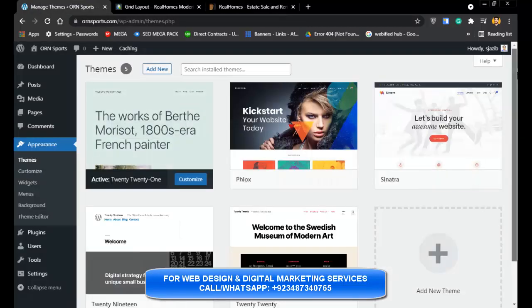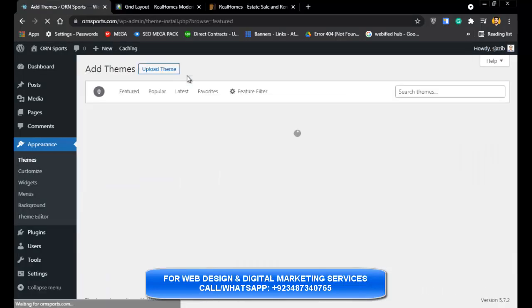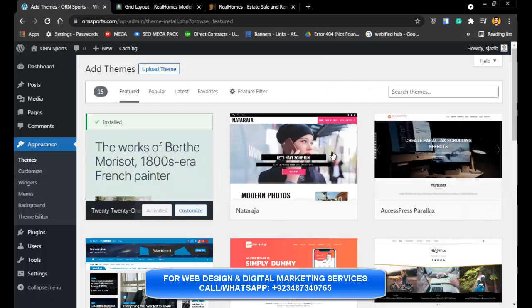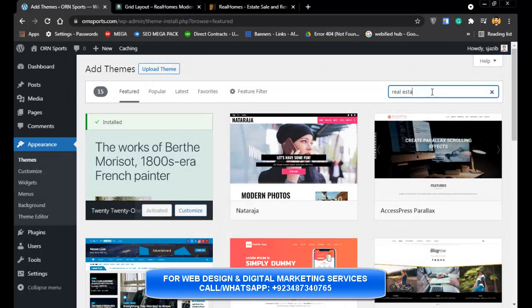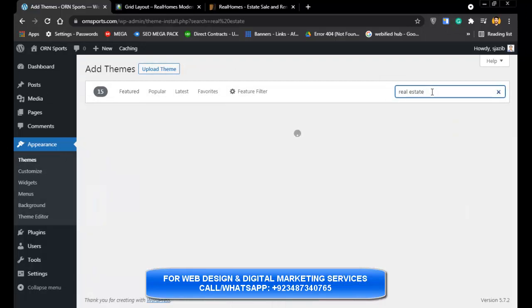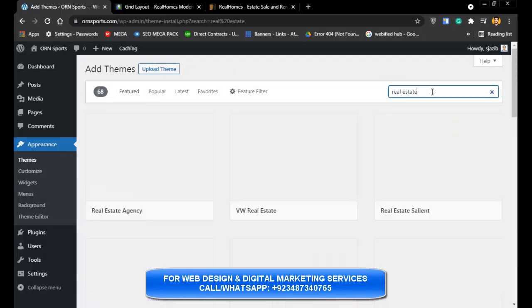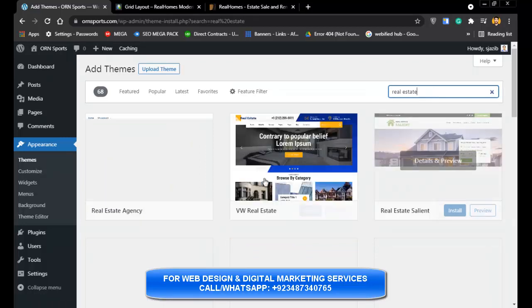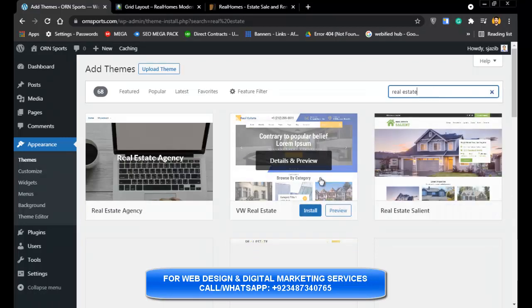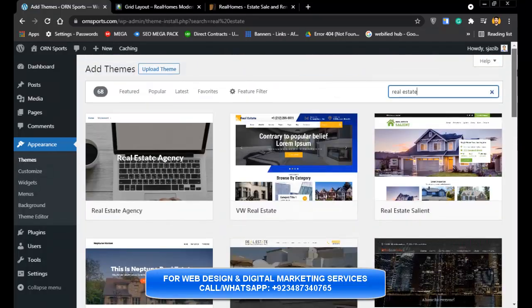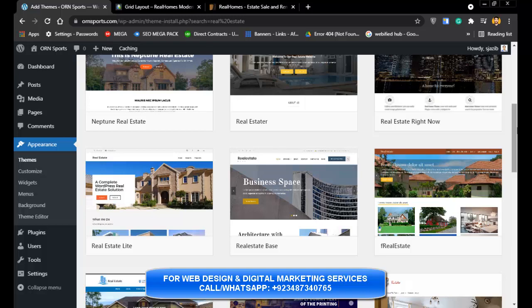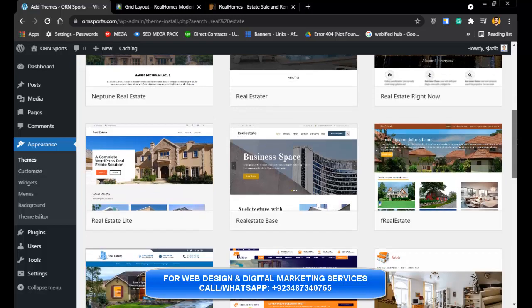Many themes are available in this WordPress free repository. If we search for real estate, there are several themes available here, and you can install them also, but they are not that friendly. And if you are really going to start a business, even one lead can cover all the cost you are charged here.